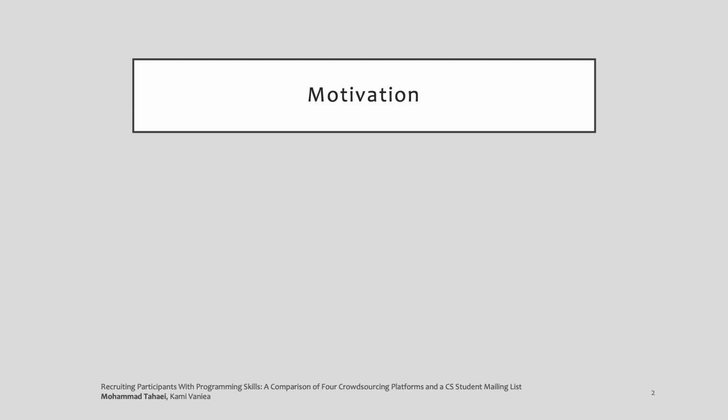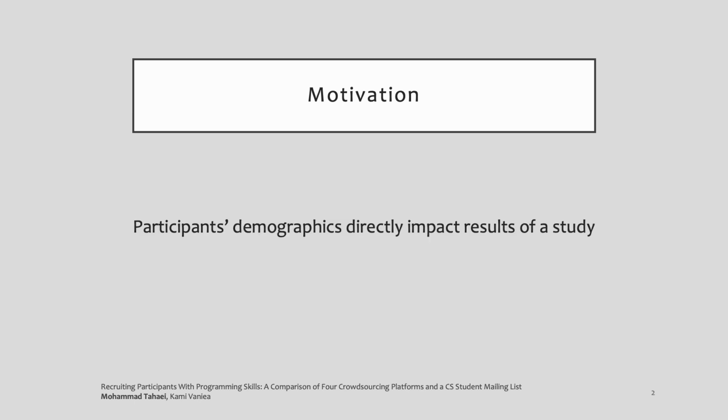Participants can directly impact the results of a study. For example, think about privacy, which is interpreted very differently across countries and age groups. Someone from the Middle East may have a completely different sense of privacy compared to someone from a European country. Or someone who only programs using visual tools has different needs compared to someone who has experience writing C code. Therefore, when designing human-computer interaction experiments, researchers should think about who they are creating their technology for and who is